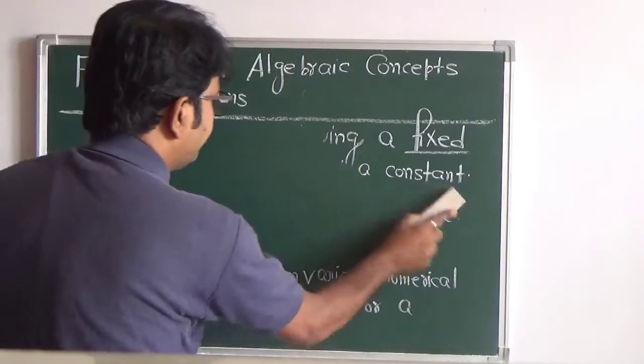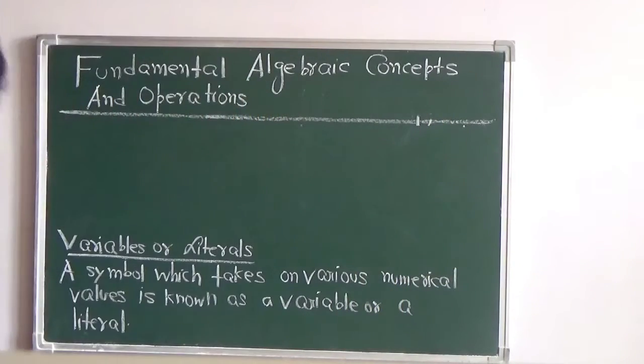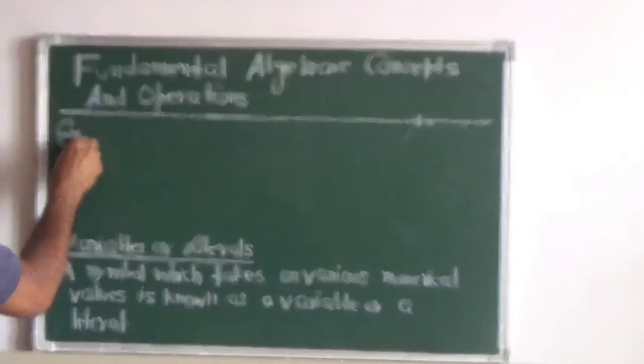Let us take an example. What type of quantities are called variables? Example: